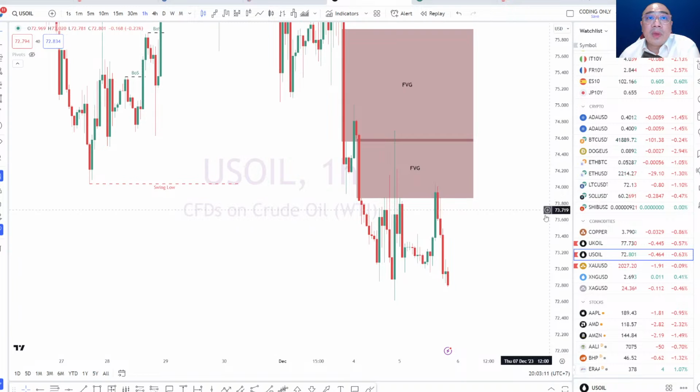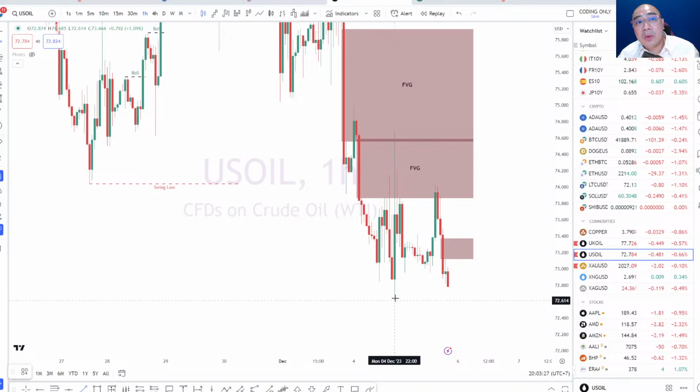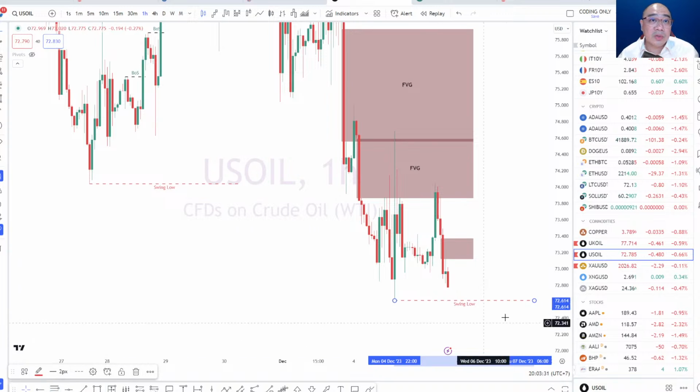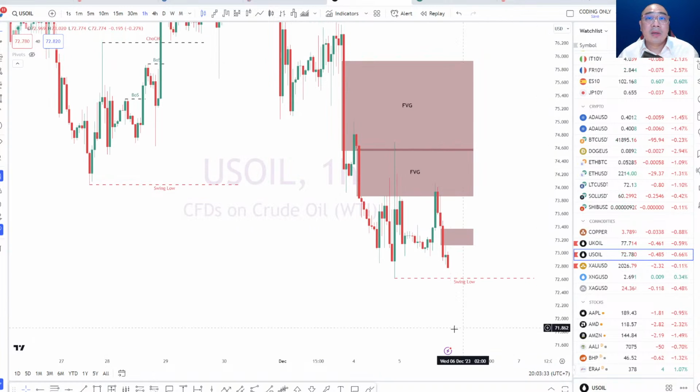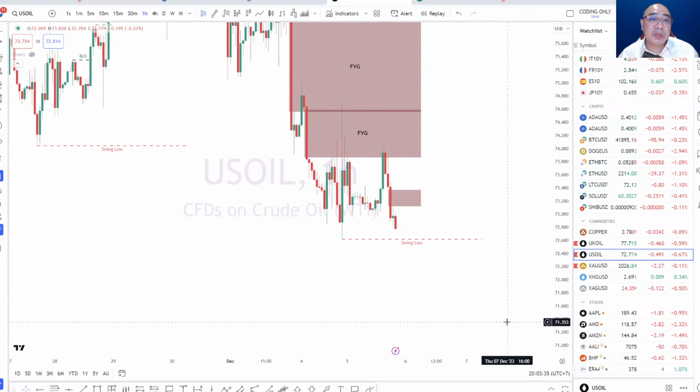Okay, so oil, this is also a fair value gap, right? So there's a lot of fair value gaps. There's a lot of imbalances in oil. This is why oil is a choppy market. Do we have a floor that we need to break? Obviously, yes. We have a swing low that we haven't broken yet. So always label that, and we are closer to that swing low right now. Can it break and become a break of structure on this one here?